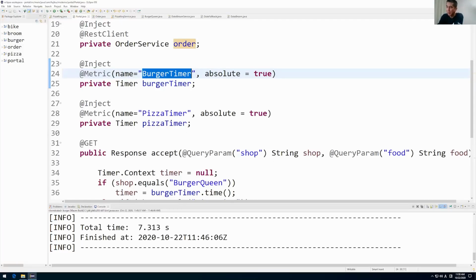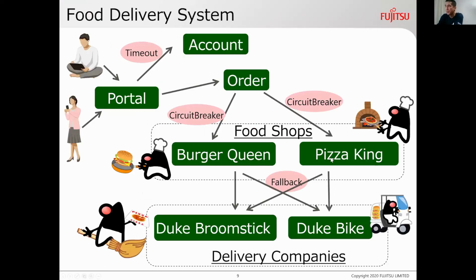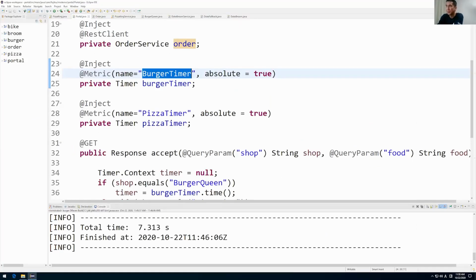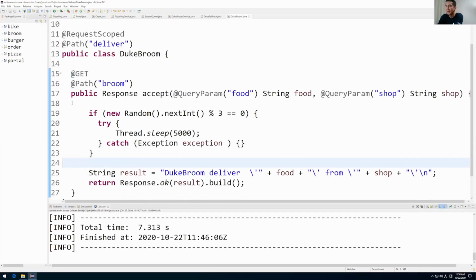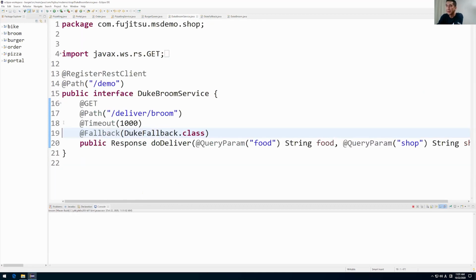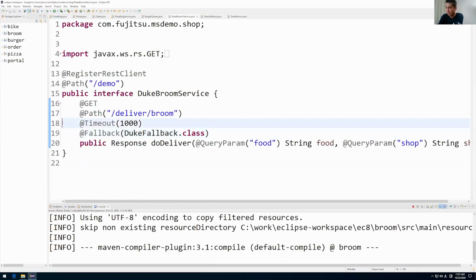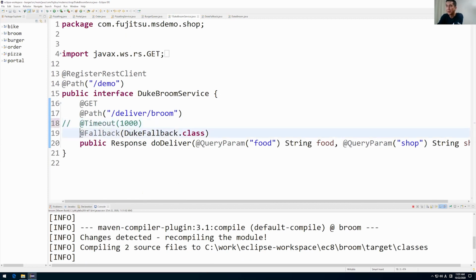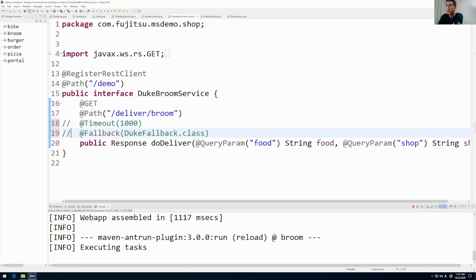So next, I put another bug in here, in pizza. Before that, I debug the fault tolerance feature.